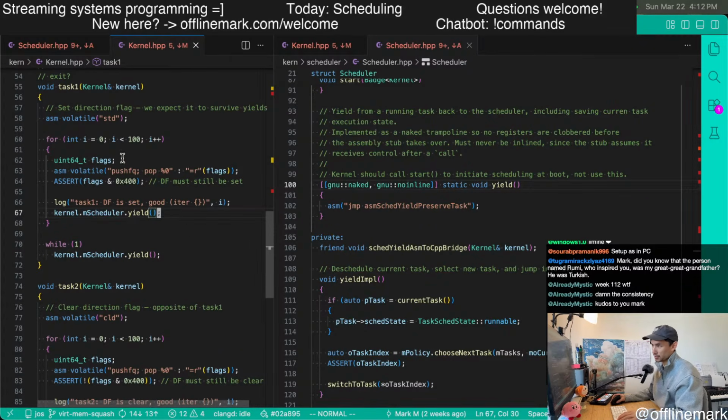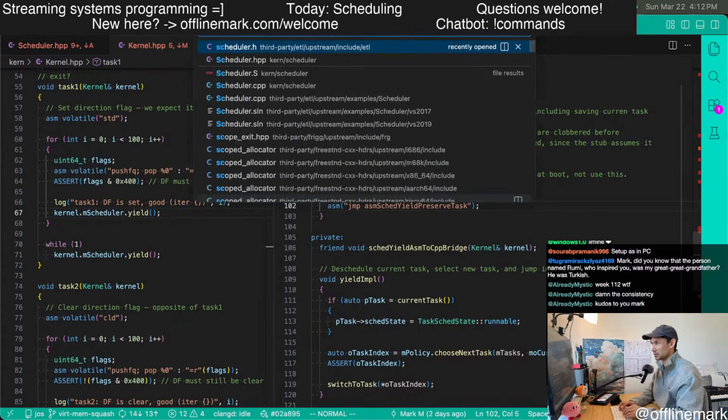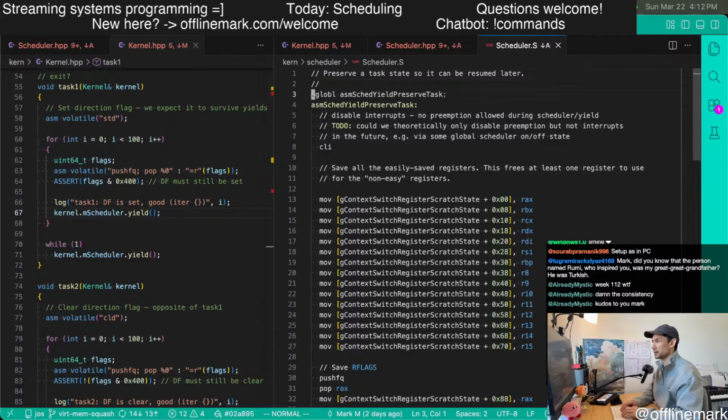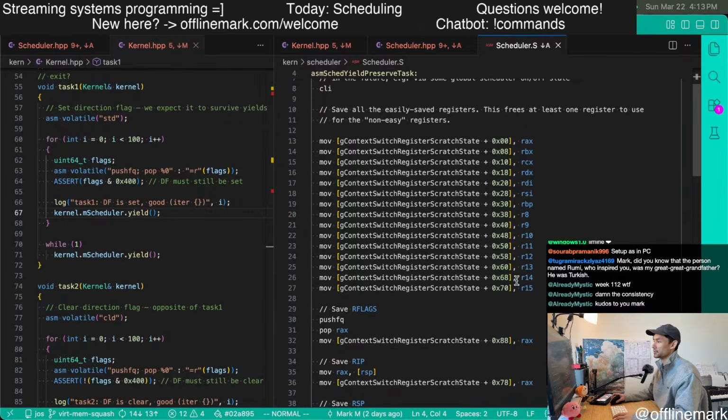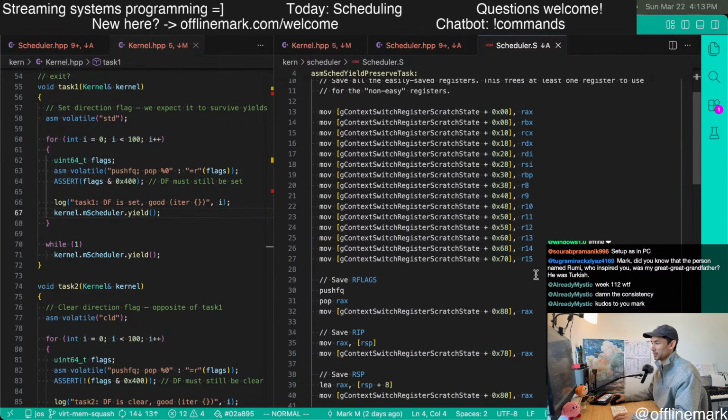My goal was to preserve the execution context of the task even before it really called into the yield function and just directly resume from right there. The way I did that was I made it call directly into this assembly stub called assembly scheduler yield preserve task,